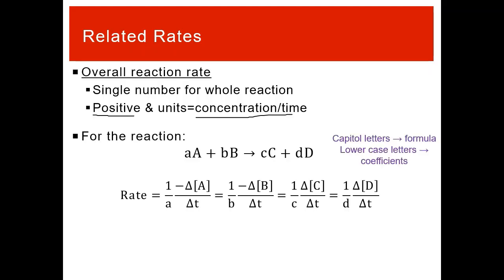The capital letters just represent a formula. So A is just a chemical formula, B, capital B, just a chemical formula. The lowercase letters are coefficients, so those are like mathematical variables. That lowercase b could be anything: 1, 2, 3, 4, 5, 6, 7, 8, doesn't matter. And we can take that generic description and we can define the rate for a chemical reaction based off any